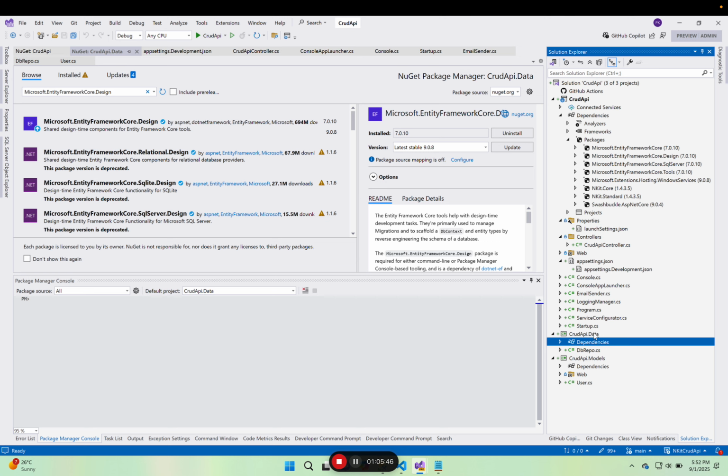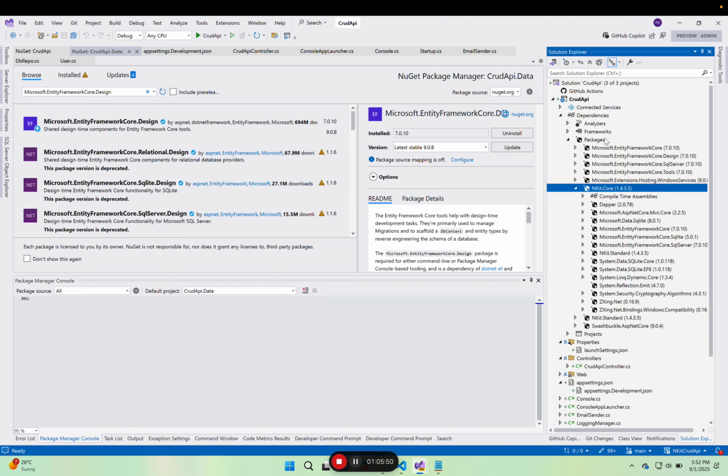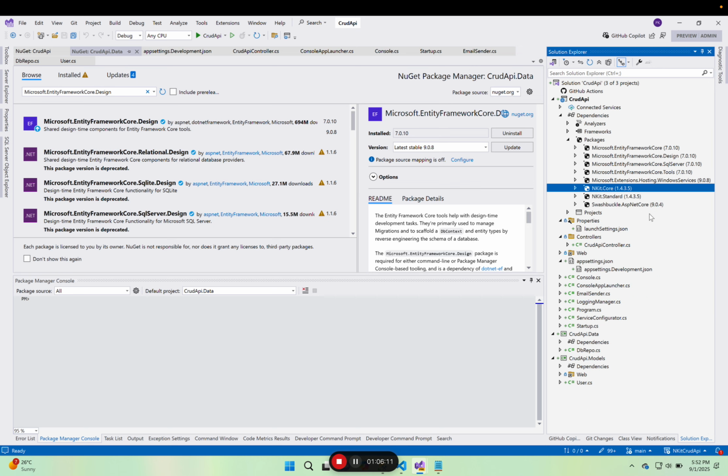At the moment, if you look at NKit, it's actually using Entity Framework version 5. So what I've done is I installed Entity Framework 7, which overrides the default one on NKit core. Okay. So in any case,